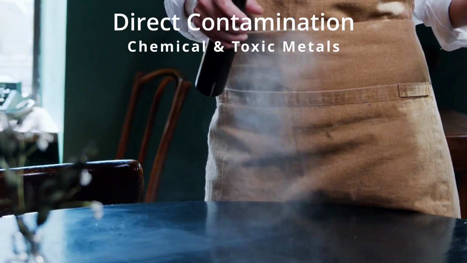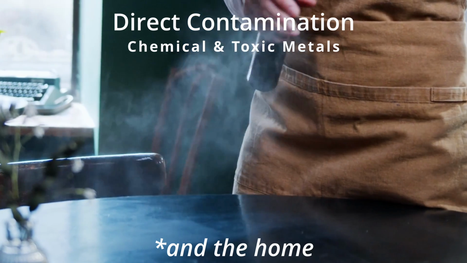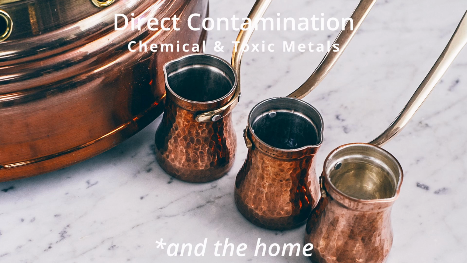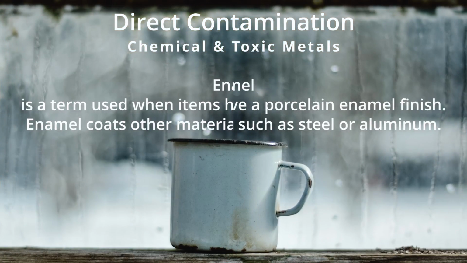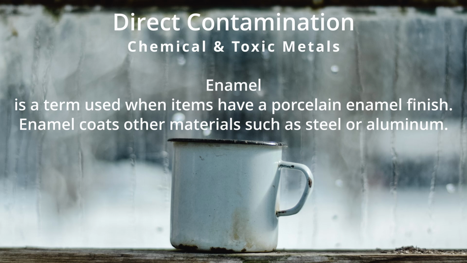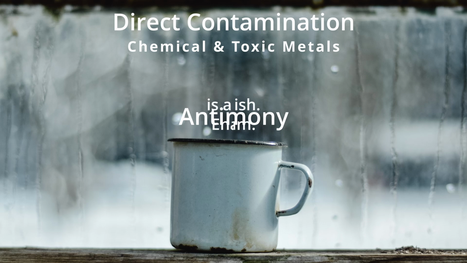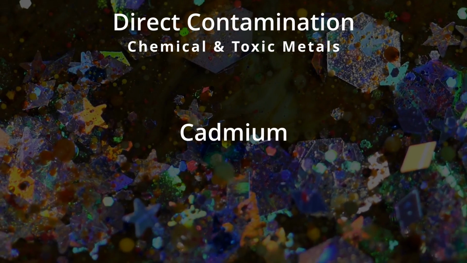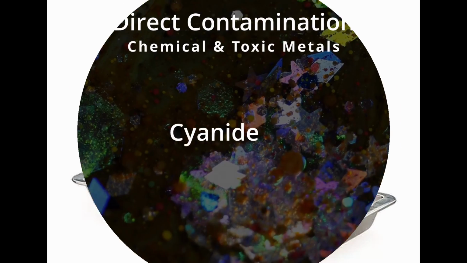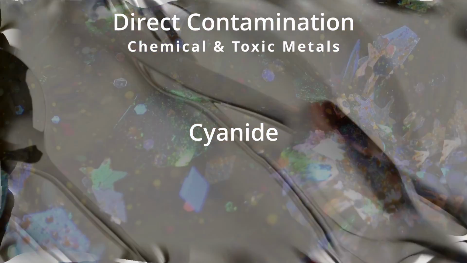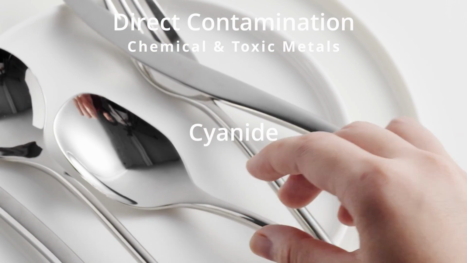This includes residual chemicals used in food service environments, but also toxic metals. Please refer back to the equipment video where I talk about copper and aluminum and their negative interactions with acids in the kitchen. Another type of toxic metal in the kitchen is used to bond enamelware, and that is called antimony, and it can get chipped easily and contaminate the food. Cadmium is also a toxic metal and is used in plated ice cube trays or containers. Cyanide is a toxic metal used in silver polishing that can also show up in the kitchen as a contamination.